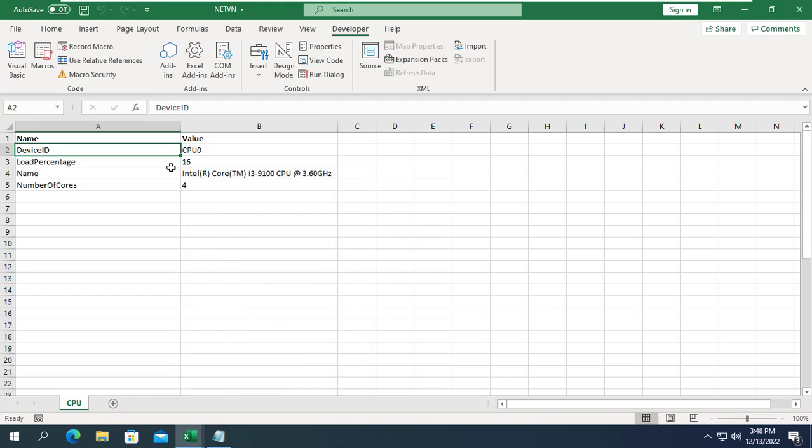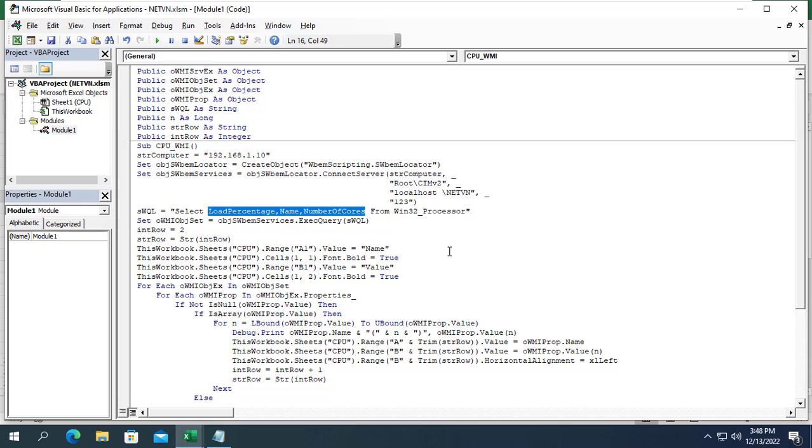Thus I know that the target computer using an Intel processor has a maximum speed of 3600 and current load is 16%. The processor load will be updated every time you run this procedure.